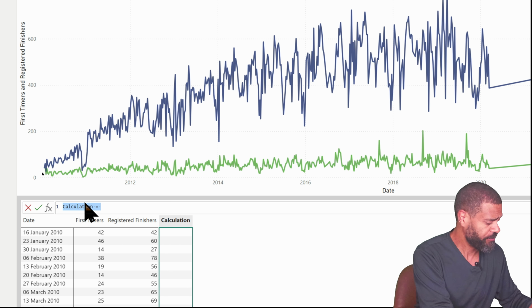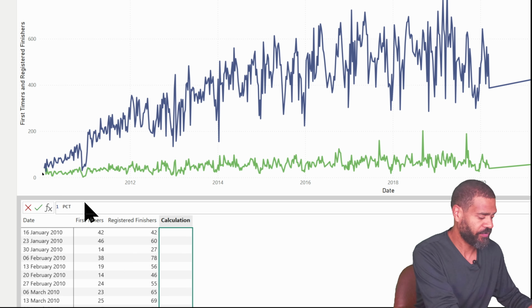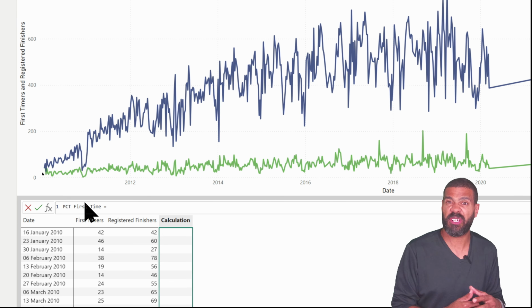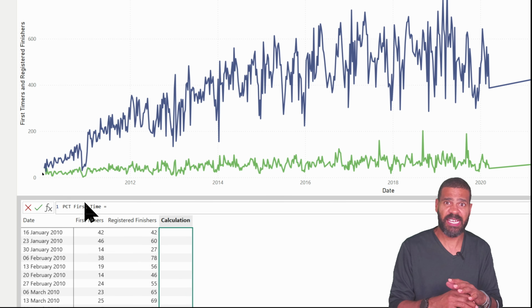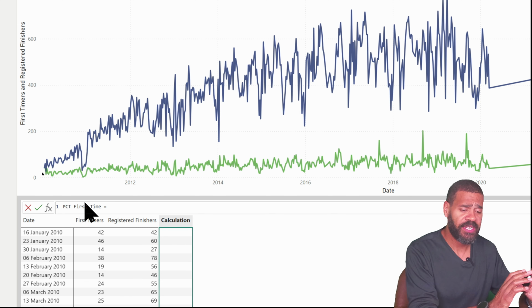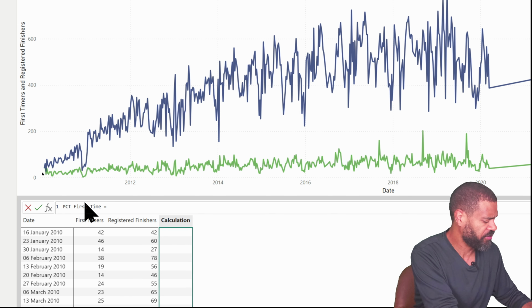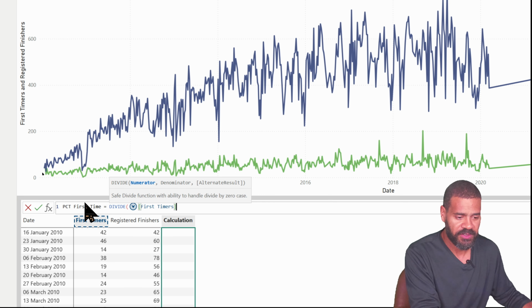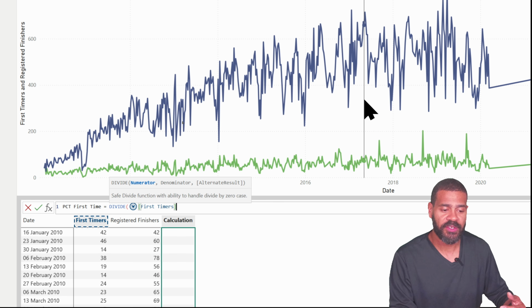I'm just going to give it a name. So it's going to be percent first time equals. In Excel, in Power BI, we have a divide function. So really, in case, to avoid divide by zero errors or anything like that, you have a divide function. So what we're going to do is say divide, which is the name of the function. It's really simple. And we're going to pick first timers,